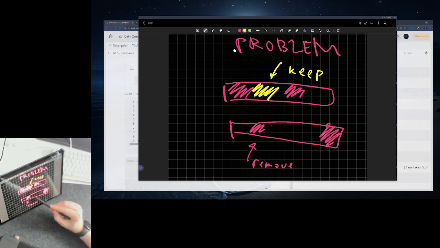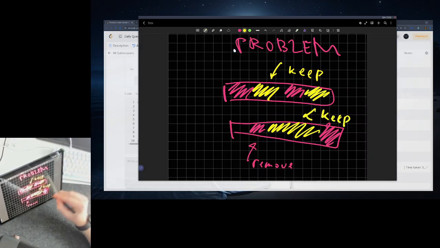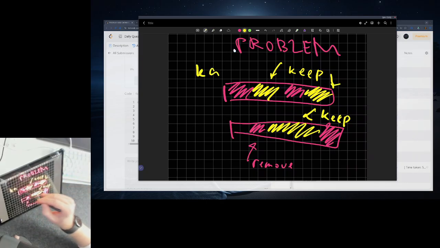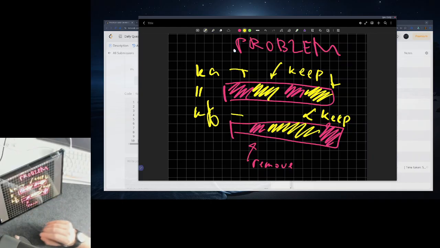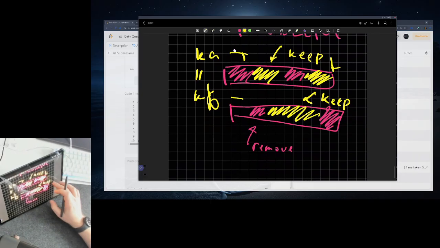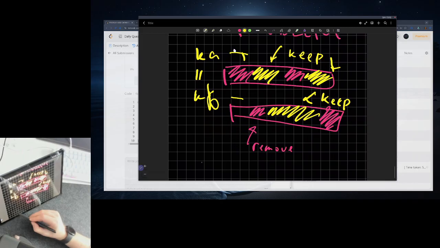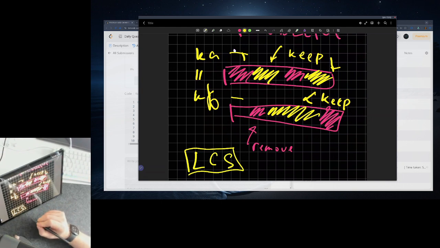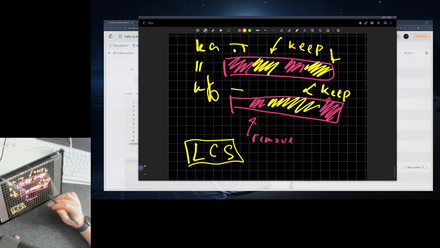And what's interesting is that the parts we are keeping are equal. So kept A and kept B are equal. And this is a known problem, longest common subsequence, and it has a pretty much known solution